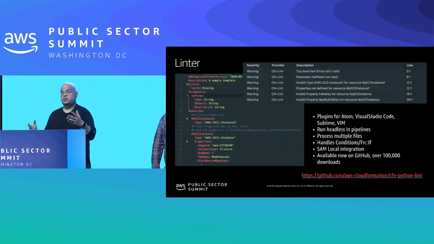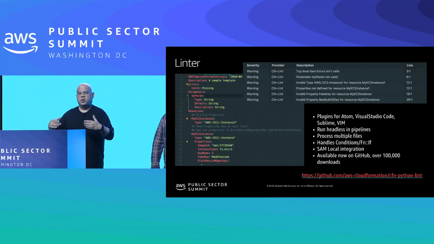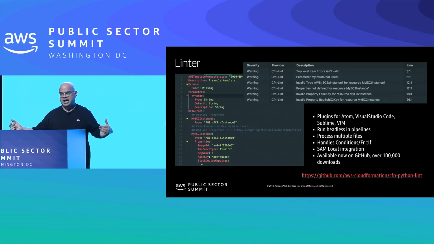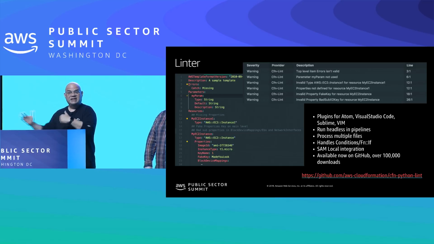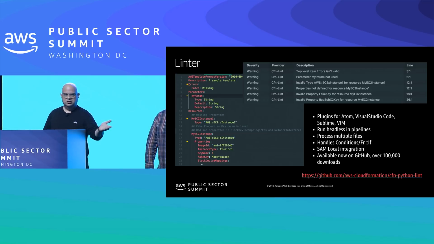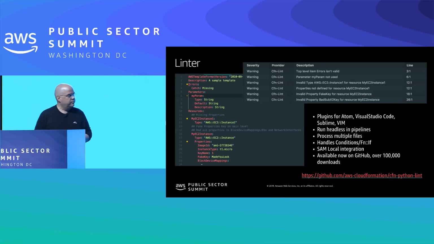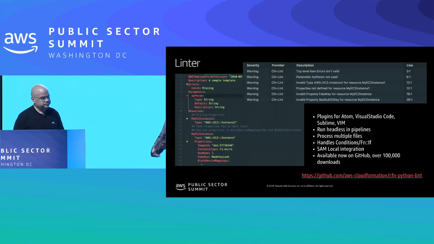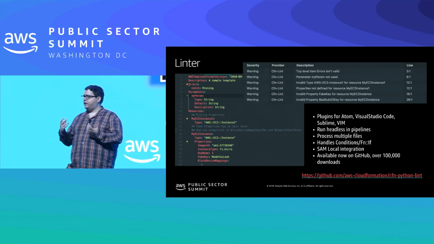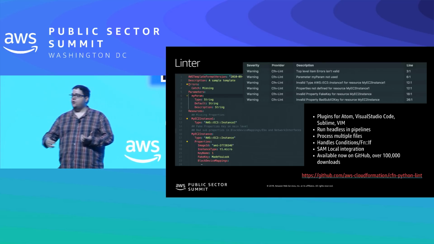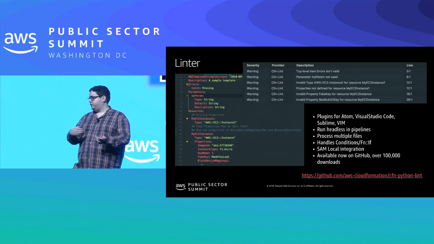Ideally, you would use it in both places, because that way you can guarantee that if someone among your CloudFormation users hasn't found out about the linter, it must pass the linter before I'm even going to consider pushing it in the pipeline. And we'll talk about pipelines again in a little bit. The tools that we're making are really focused towards the open source community, right? So to say, hey, you're doing a pull request, you must meet this minimum set of guidelines before we even consider merging it in. And it's all about that quick developer feedback loop, right? I want to know what my mistakes are before I actually submit to CloudFormation.